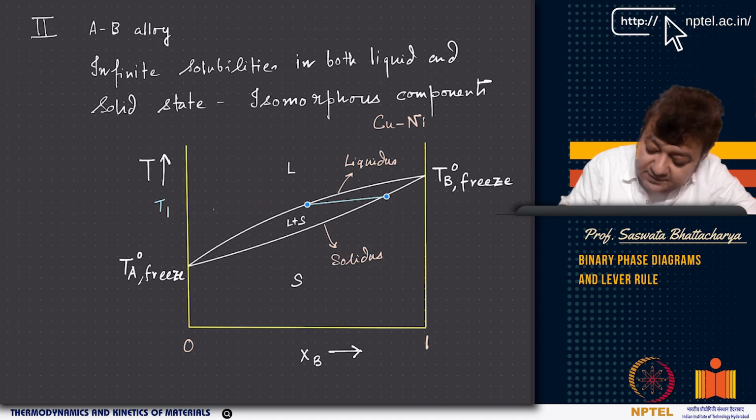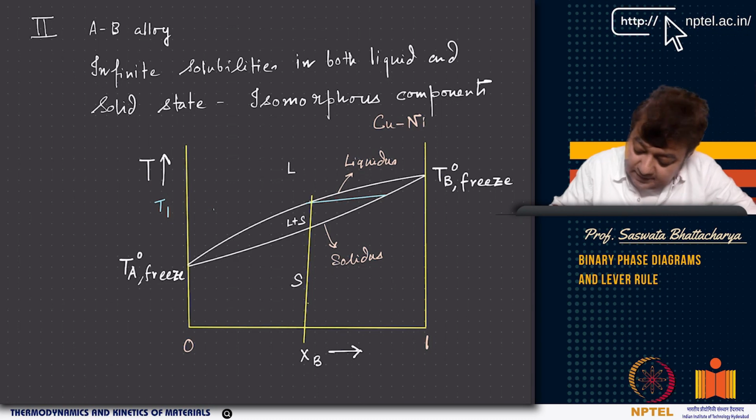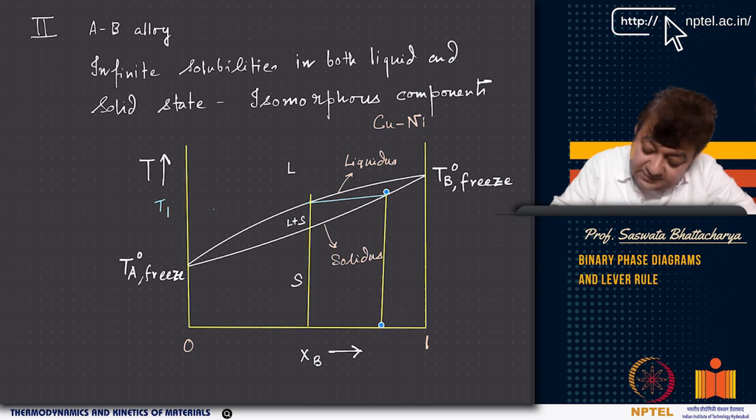This is a temperature T1, and now from this tie line that we draw in the two-phase region, you can drop these vertical lines. So you have this one line here, one line here, and you can draw another line here, and these lines basically tell you